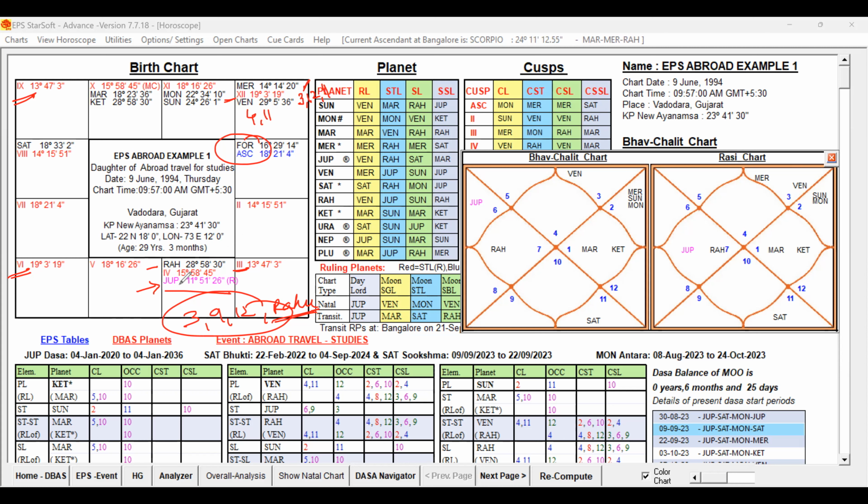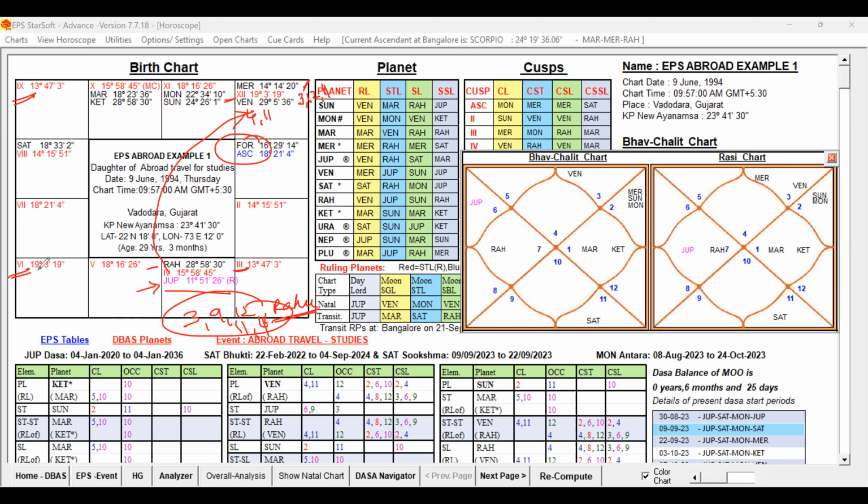Now Jupiter, occupying the 3rd house, is aspecting Mercury and Venus. So the 9th lord and 6th lord from the 3rd house is aspecting the 12th lord Mercury, and also its Rasi lord Venus. So 3, 9, 12, and 11 are connected. 4 is also connected. It is indicating support. It indicates supportive significations for travel abroad and also for education.